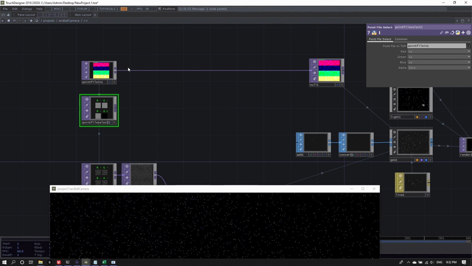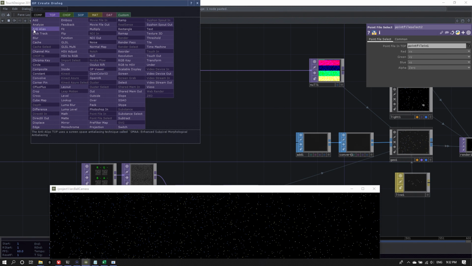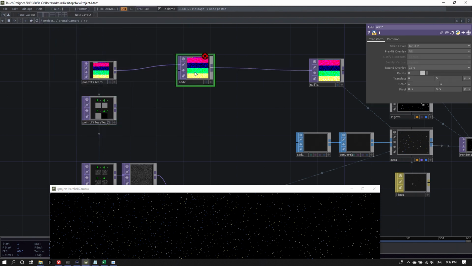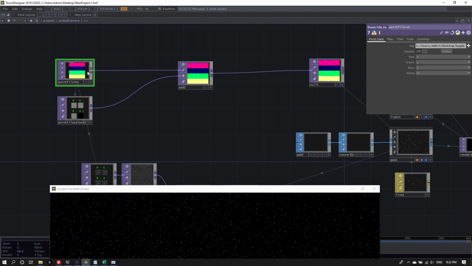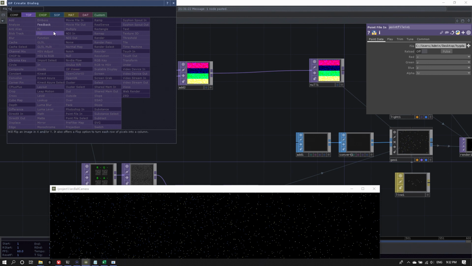So let's go ahead with this. I want to add, first of all, my velocity to the position. And then I want to feed that back to the original position so that it keeps adding the velocity every frame.